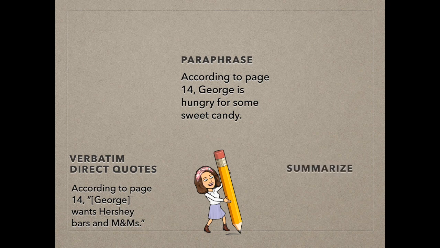And the last one is summarize. Summarizing sounds like this. George likes chocolate, right? Usually my summary would be accurate, but then we could easily use an example in this case and say, no, he just wanted it right now, but he generally doesn't like it. So then I would have to redo my summary. A summary is more of a generalization of what's happening.